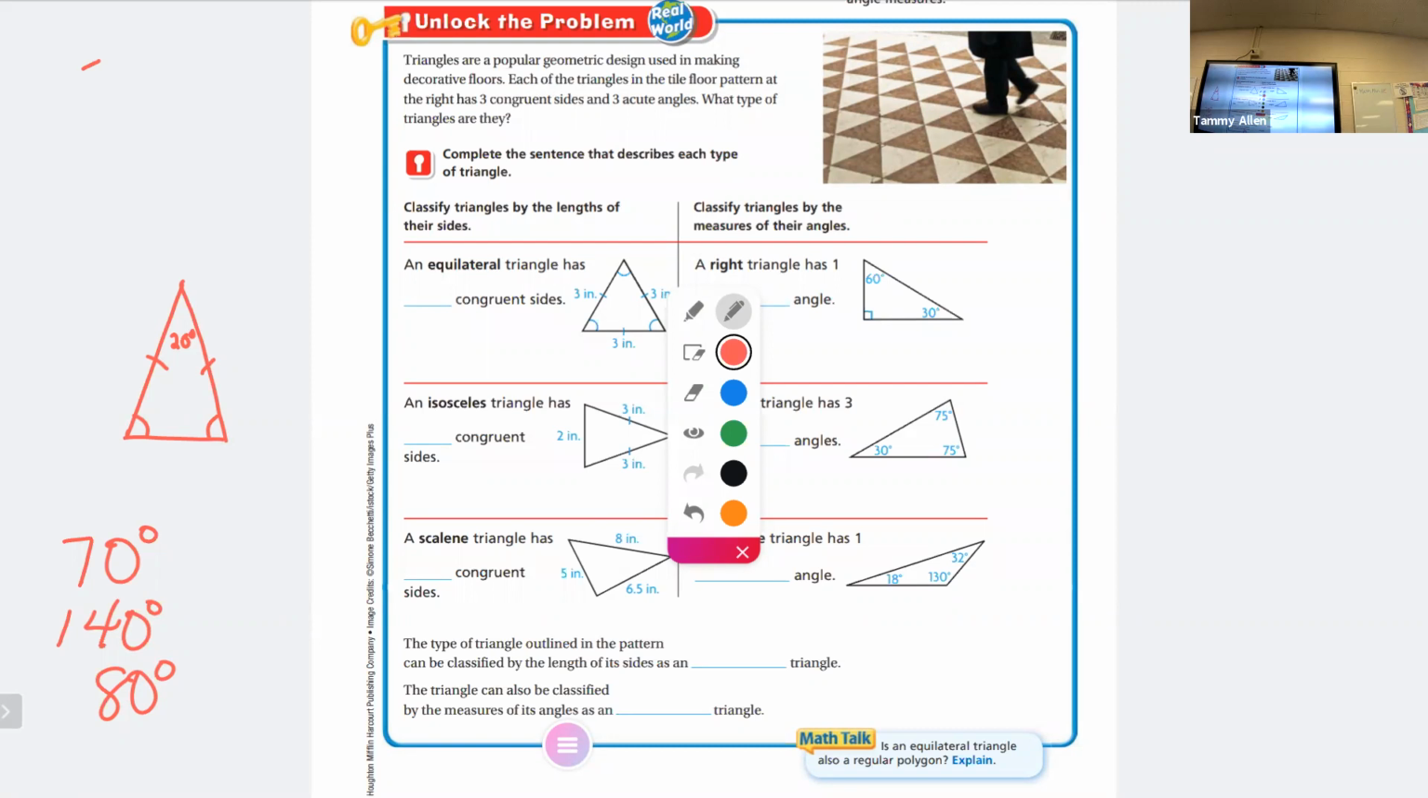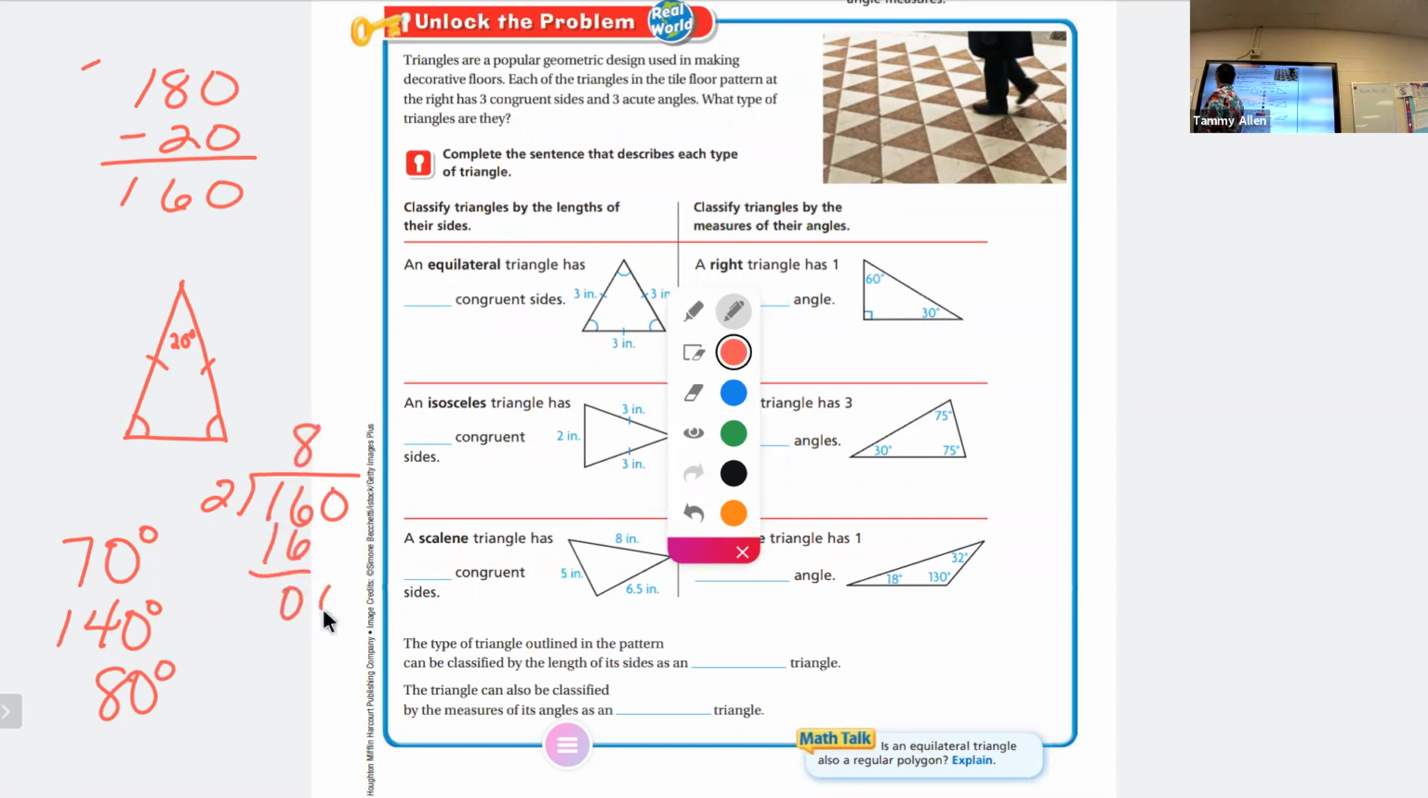What do you think? Okay, I think it's 70 degrees because I take 180 since all triangles have 180 degrees. And I subtract the 20 degrees from the angle we already know. I end up with 160, and then I divide 160 by 2. When 2 goes into 16, how many times? 8. Wait, what am I saying? 8. So can we go with that 80